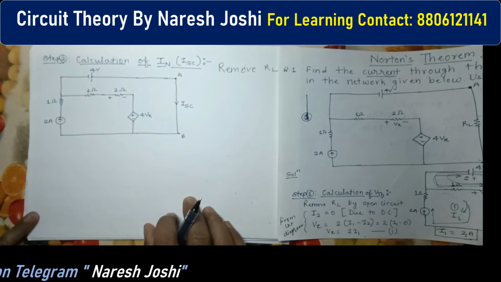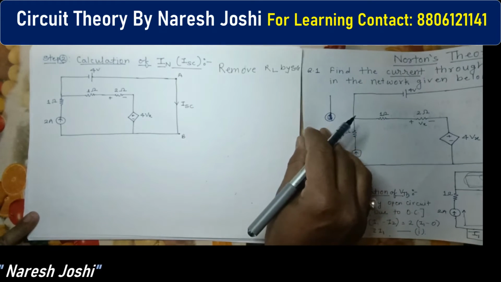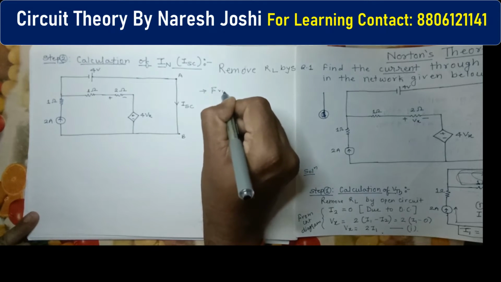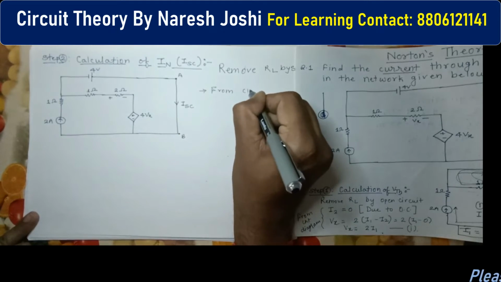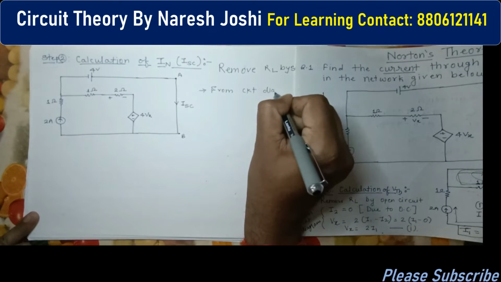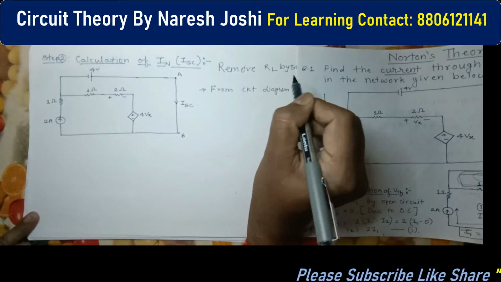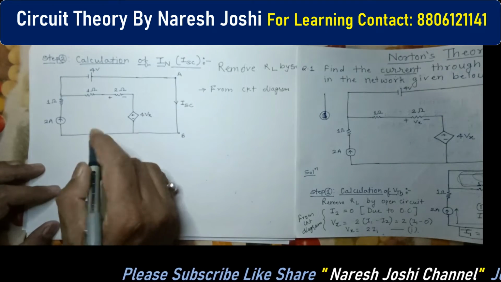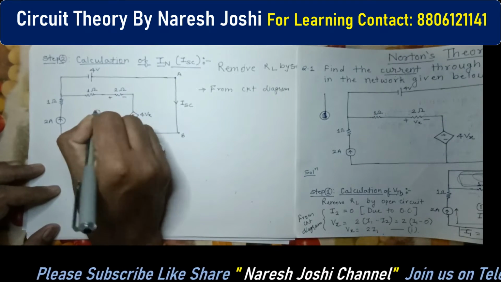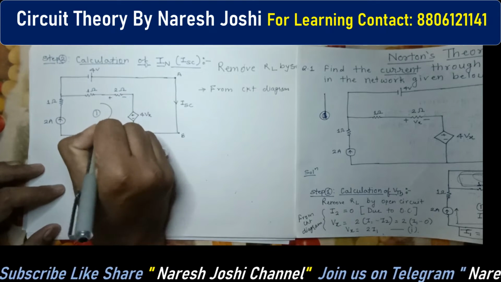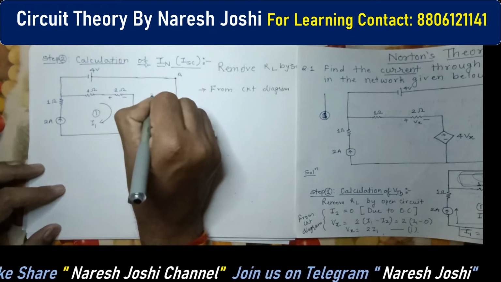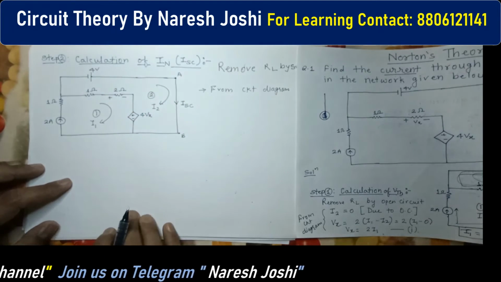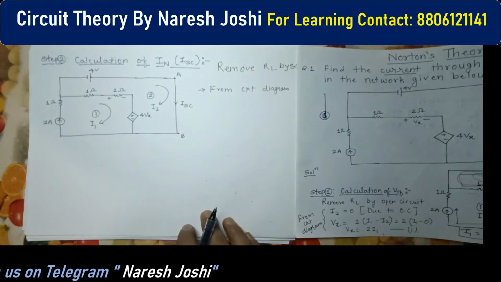So first step, again from the circuit diagram, which parameters we can directly obtain. So we have to write down here, from circuit diagram. Okay, so again you have to first apply the mesh analysis here. So this is the mesh 1. In mesh 1, we have to consider I1 passing through mesh 1, and this is our mesh 2. Again I2 is passing in the mesh 2. Okay, so here you have to focus, it is a very important thing.